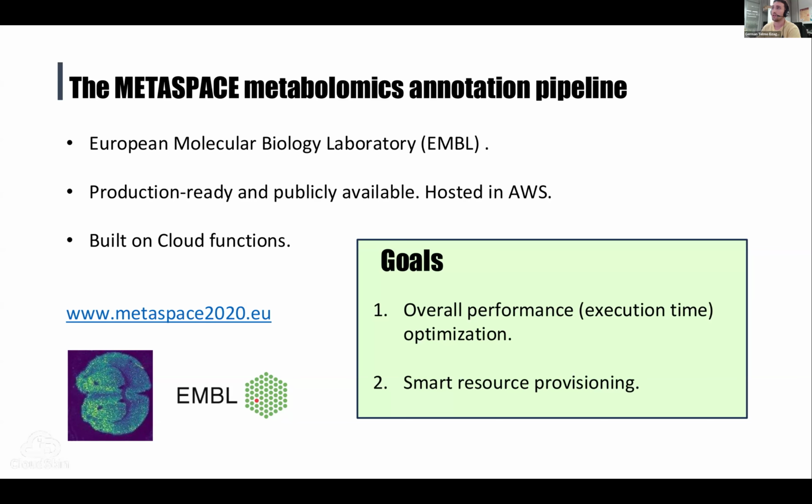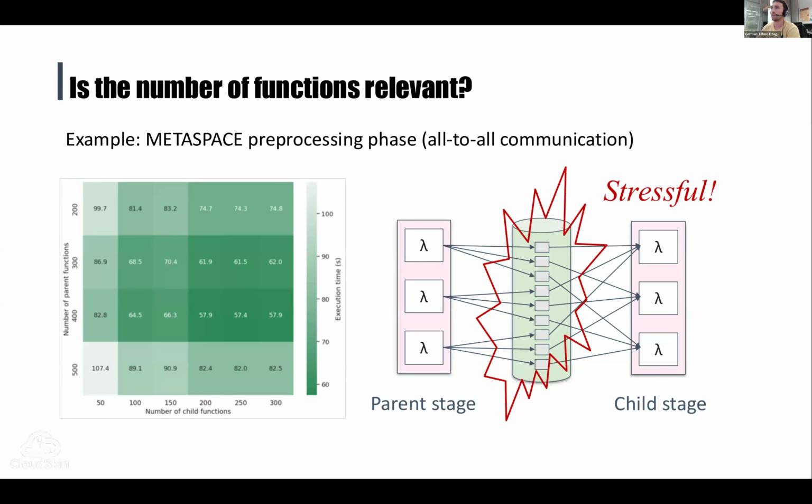And so what we saw is we began with its pre-processing stage or phase, which was basically two stages of connected calls of parallel functions, in which each stage communicated with the other through an object storage system, specifically S3. And we saw that this put a lot of stress on the intermediate storage, and it was limiting the execution time. And the optimization of the resources was not obvious or straightforward because we could not simply define a